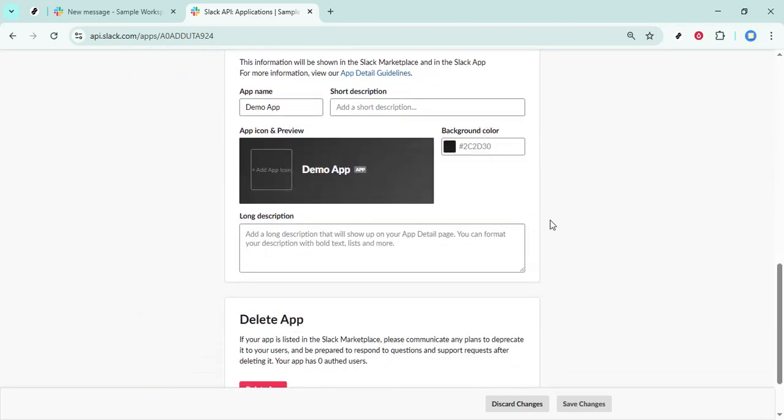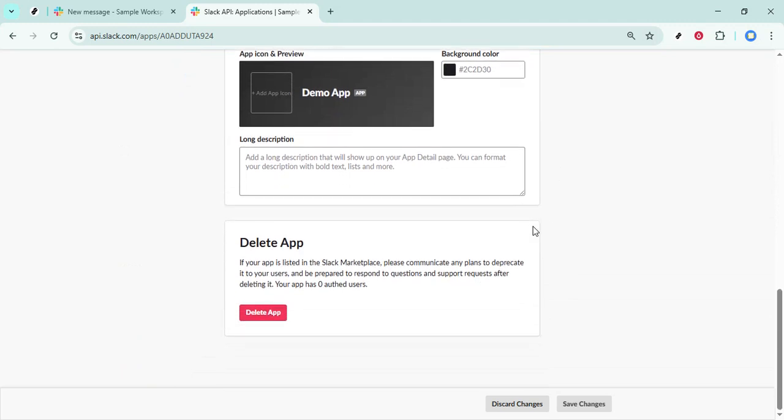That's it. Go to api.slack.com/apps. Open your app, adjust the information, collaborators, connection mode, installation, and distribution as needed, and only delete when you're